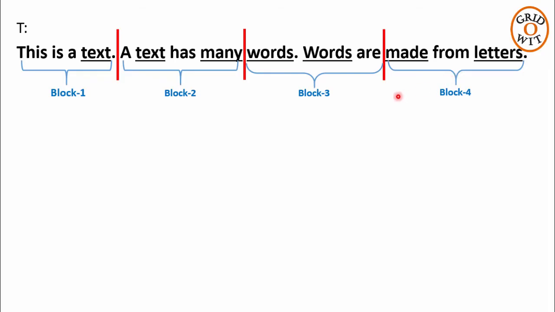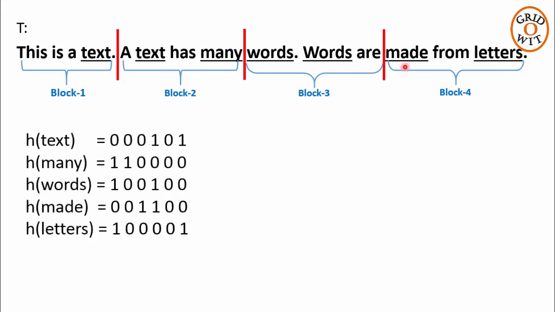The next step is to calculate hash values for all the underlined words using some hash function. We are not going into details of which hash function or signature we are going to use to generate these hash values. These hash values are also called bit masks. Don't worry about these hash values. This will be provided to you in the question.